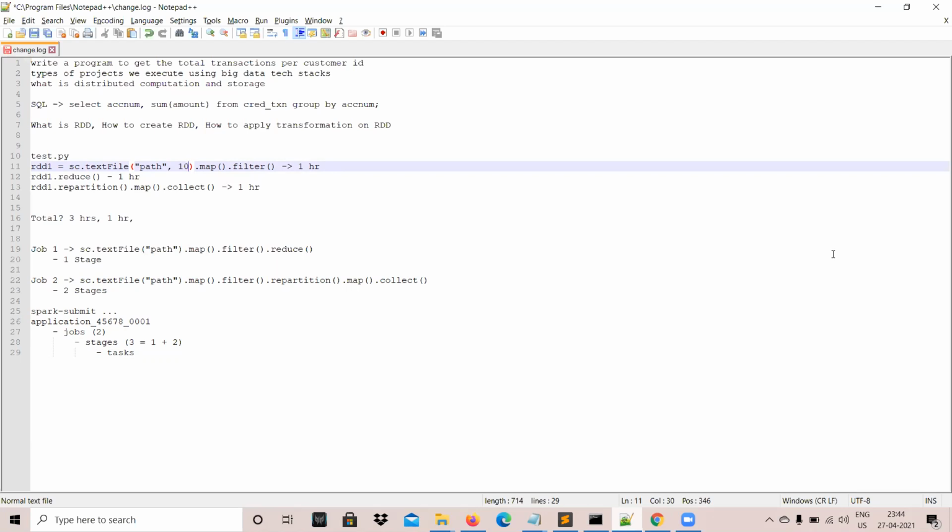You have each record as a string, a comma delimited transaction record. You want to extract the customer ID and transaction amount. So when we are doing this kind of activity on record 1, do you really need to care about the 100th record, how it looks? No, these are completely independent transformations. So these are called narrow transformations, very narrow, they don't have to think about others. They are self-sufficient.